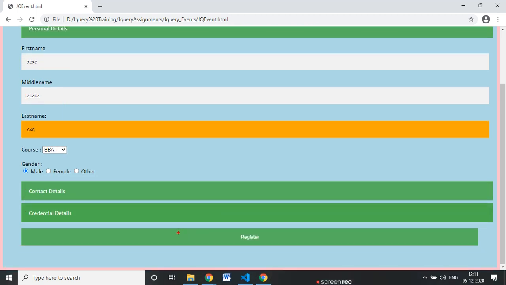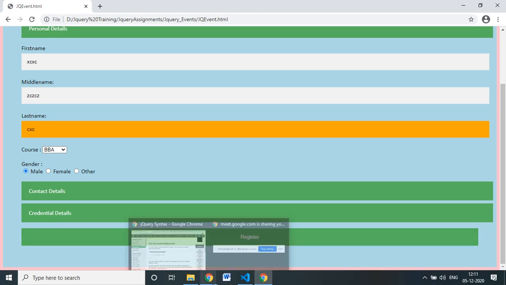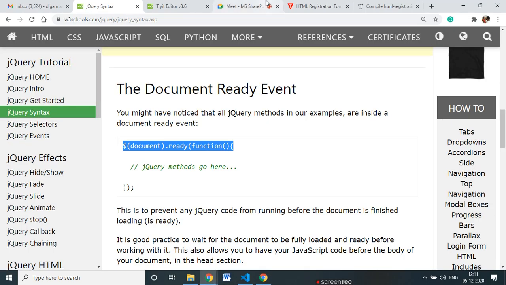Then you are allowed to do this validation. You click on this, then you are allowed to click on this. First confirm this, then this, and then this, and then the button will come back. So you need to implement this assignment for today, Monday. I will check this assignment.